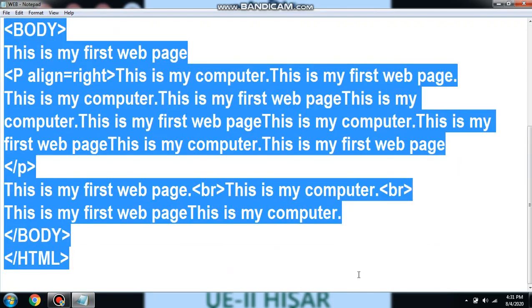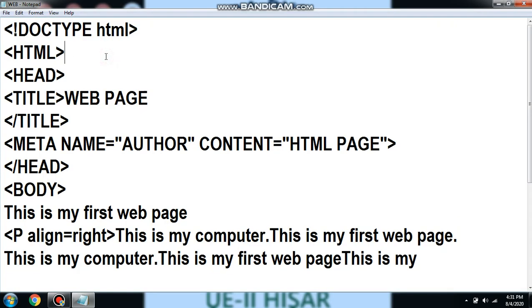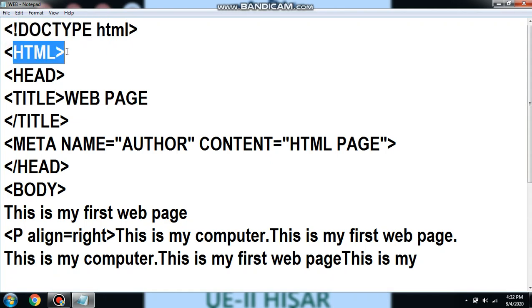This is called source code. So now if you want to see the source code, you can see from here. In last class we have done doc type HTML. For HTML5 we have to write this doc type. It was not used in earlier versions. Then HTML tags tell the starting and ending of HTML coding.